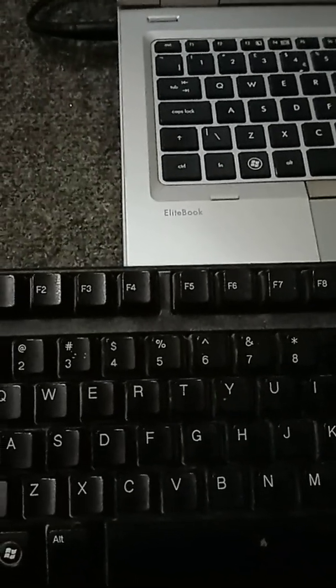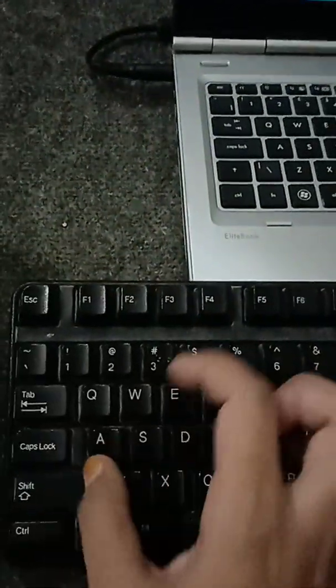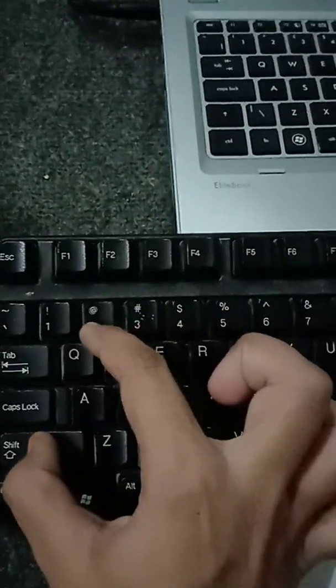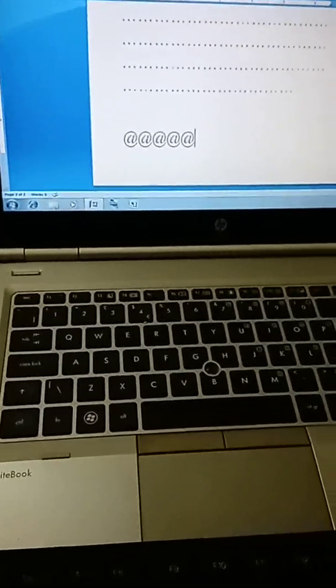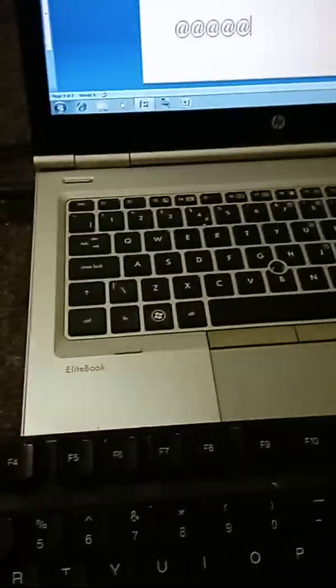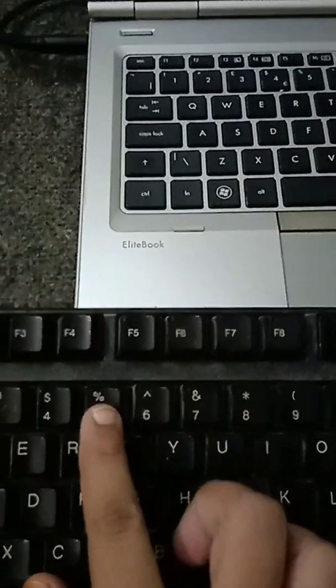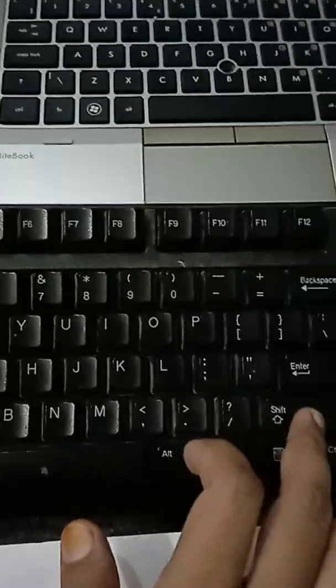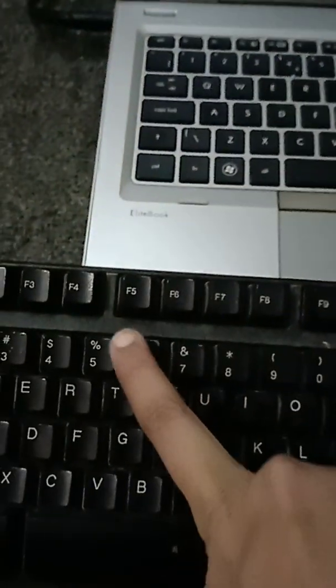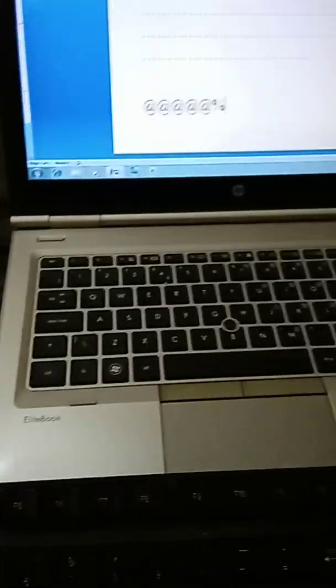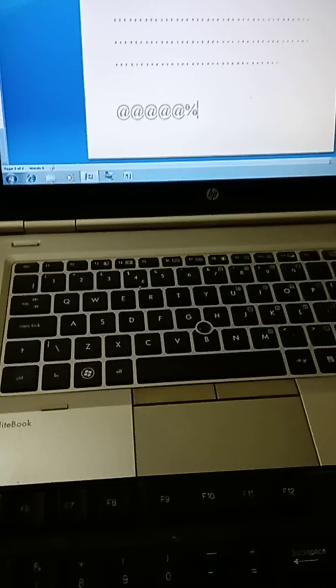For example, we want to use the @ sign. So first we press the shift key and then press the number 2 key. Look at this, we write the @ symbol. Similarly, for example, if we want to use percentage, then press shift key and 5. We use the symbol percentage.